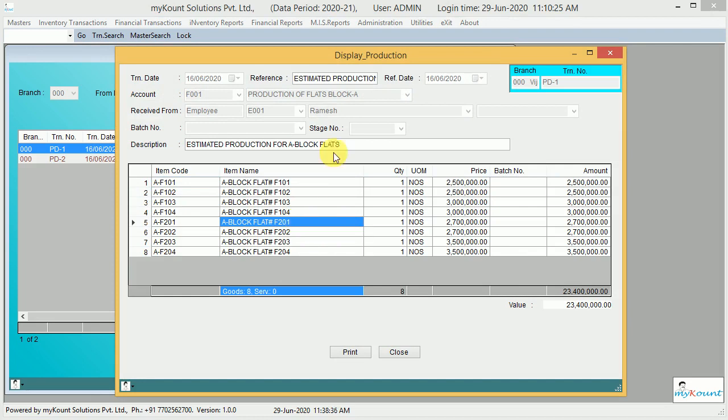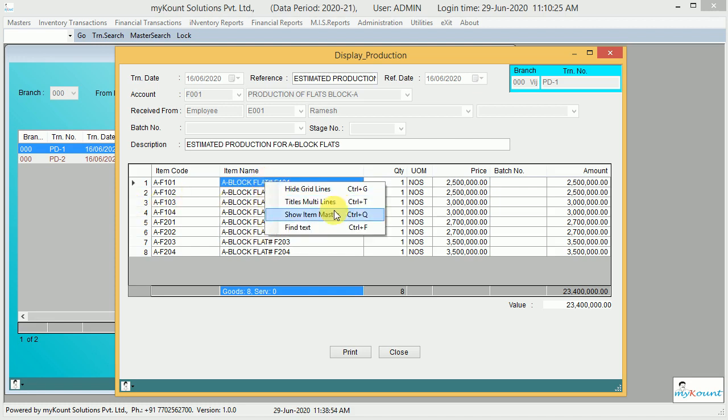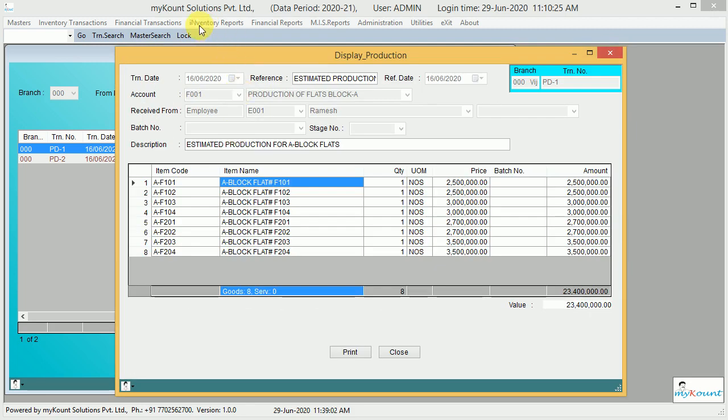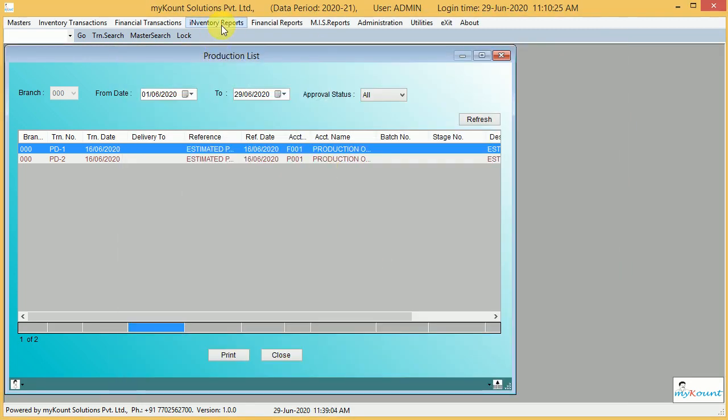Here I have done production in the beginning with the assumed cost price, because if we take this into the stock in the beginning, easily we can see how many flats are sold out and how many are pending. At the time of fixing these item codes, we will set the block number, first floor, how many BHK and what is the facing, so that we can easily trace out the stock.